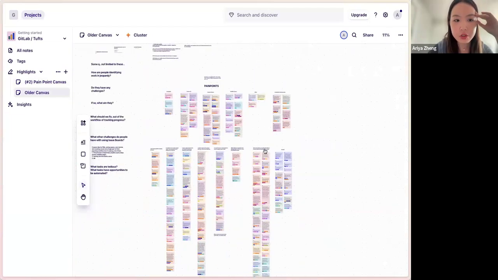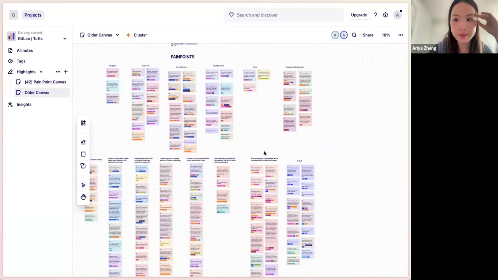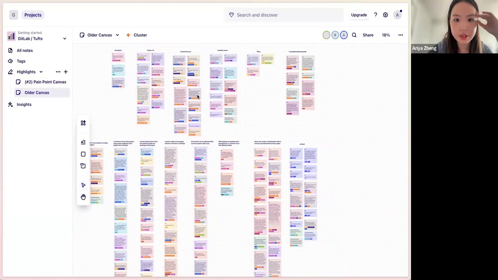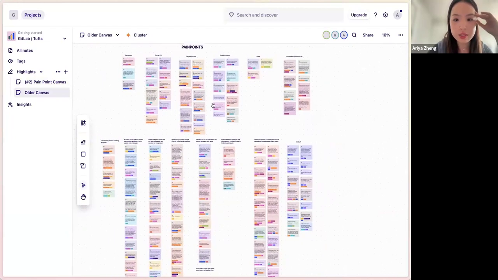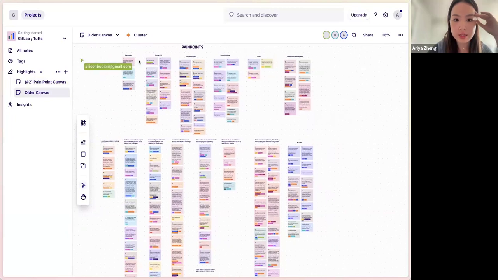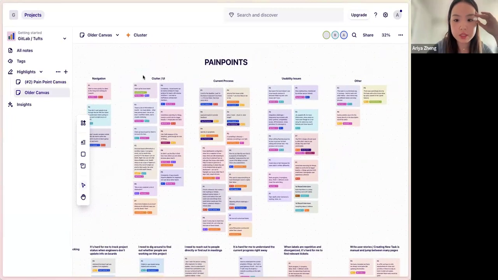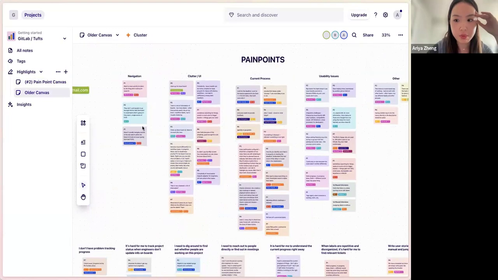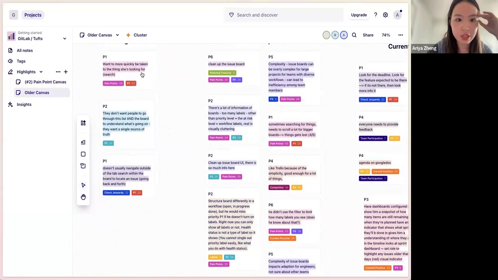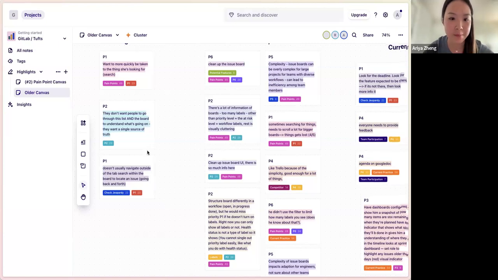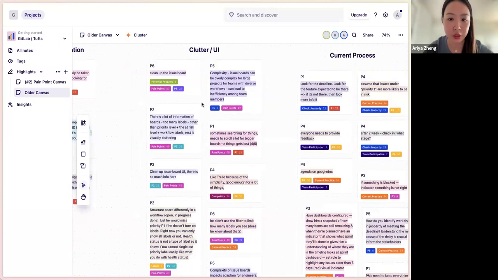Basically, I'll first show you our older affinity map that we did last Thursday in class together. These are all of the notes that we got from the last 6 interviews, and we found some major themes with pain points. One is in navigation, like someone said they literally did not want to use boards because it doesn't support two top level navigation, like GitLab.org and GitLab.com have two separate boards. And then there are also issues with cluttered UI.